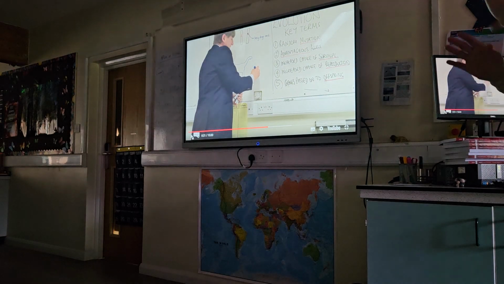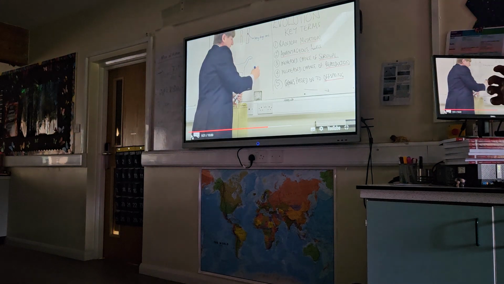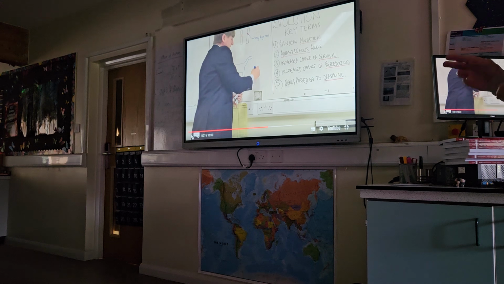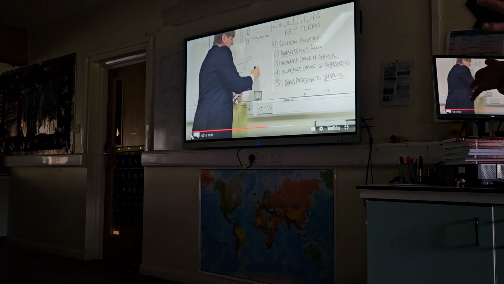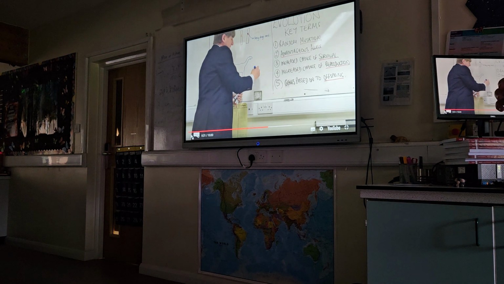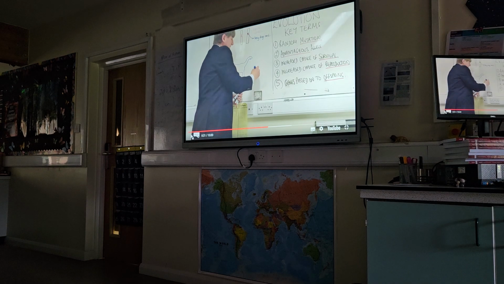Brilliant. Its long neck is not the advantage necessarily. It's the fact that it can get food. What happens if the others can get food too, Freddie? When you say it can get food, others can get food. What can it do? Be more specific. Get food which is in trees, okay, get food that's higher. Right. So that is an advantage, isn't it? Because it means you're out competing. Where everyone else is scrabbling around at a certain level, you've got food you can get which nobody else can compete with. That's an advantage.